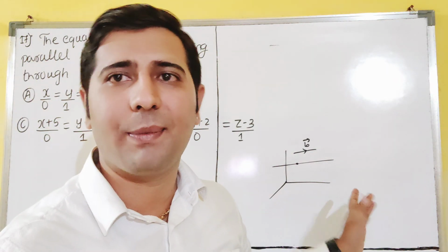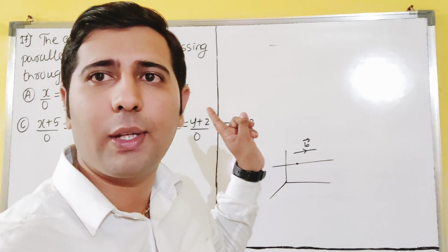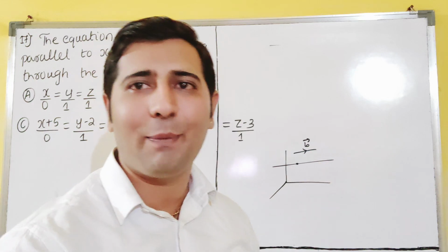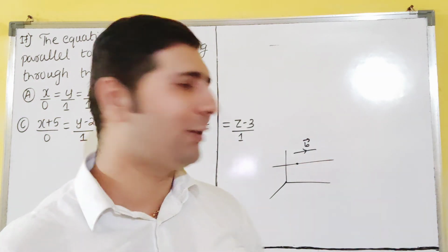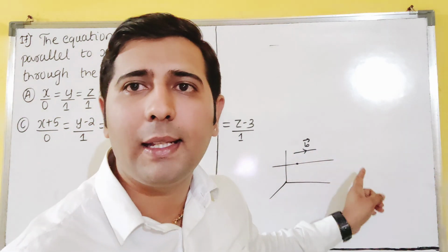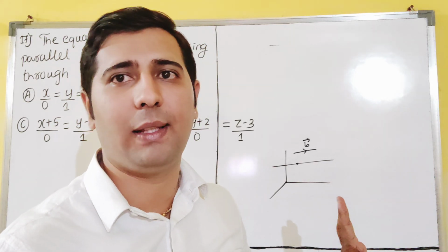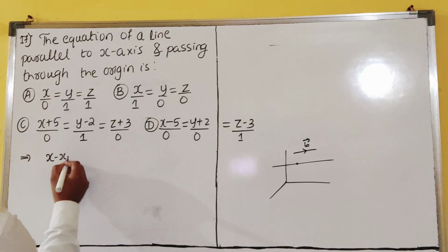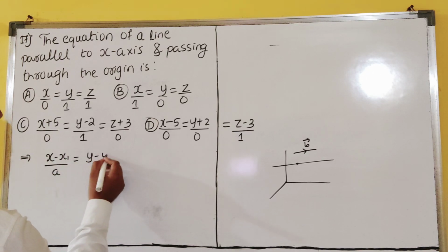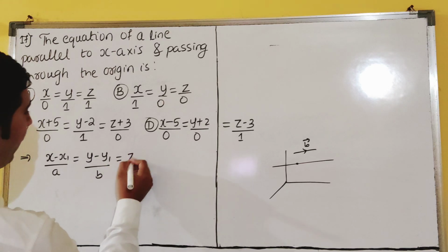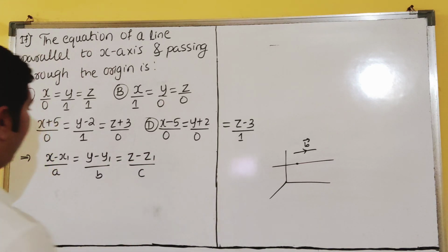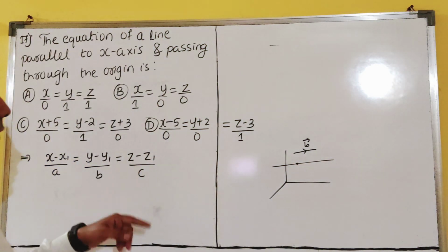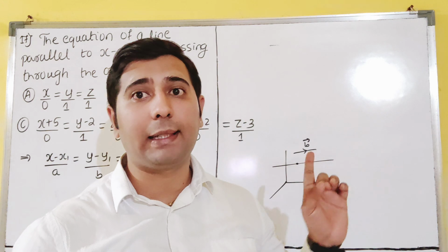Just for your understanding purpose, I had drawn it, not accurately as in the question. Again you will say, sir, the line is not passing through the origin and you are saying it is. Never. Just for your understanding purpose, it is related to your theorem I am saying, dear students. So how will we write the Cartesian equation? (x minus x1) divided by a, (y minus y1) by b, (z minus z1) by c. Just now we have discussed. a, b, c are called vector b, and x1, y1, z1 are called the point, vector a, dear students.